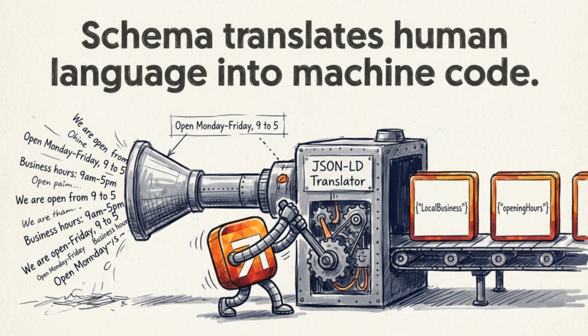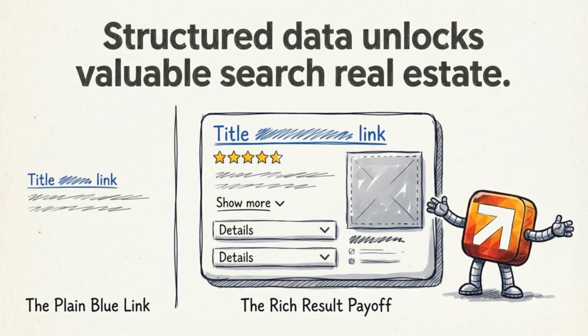Let's get into it. Real quick, for anyone who needs the refresher, schema markup is structured data you add to your website's HTML. It tells search engines exactly what your content means, not just what it says. Think of it this way. If your website says open Monday through Friday, 9 to 5, well, Google can probably figure that out. But when you use schema markup, you're not leaving that to interpretation. You're basically giving Google a clear guide. This is the local business. Here's the address, opening hours, and the phone number. No guesswork needed.